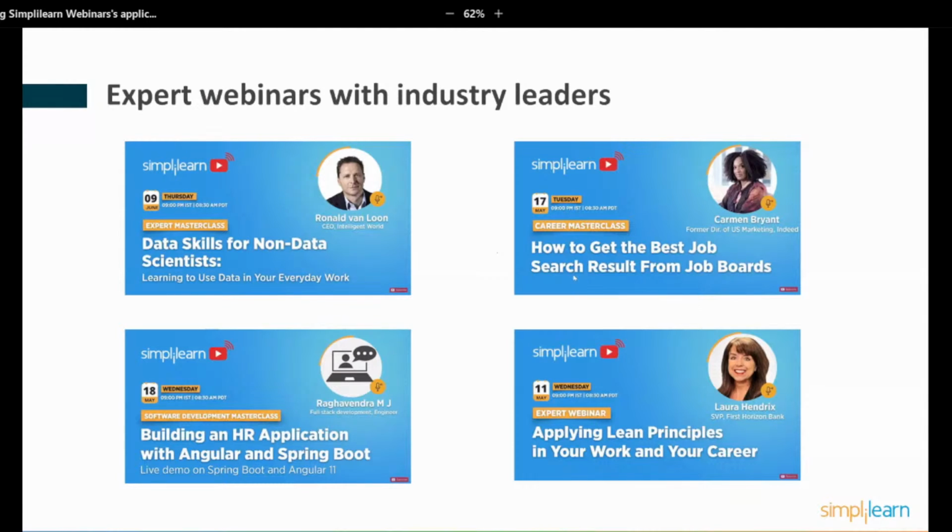We also cover job search techniques, how to care and feed your career as a whole, and how to keep your career on track. So all of these things are available to you as Simplilearn Caltech alumni.